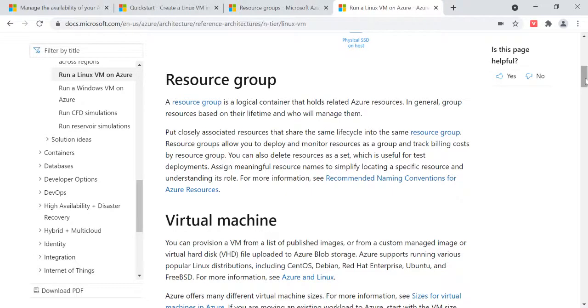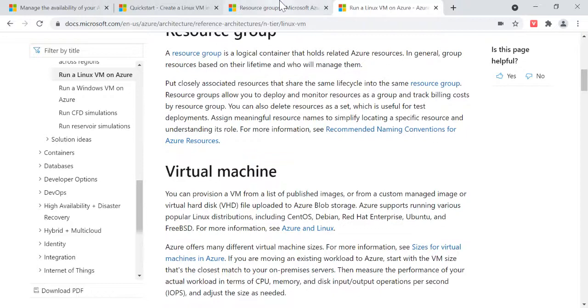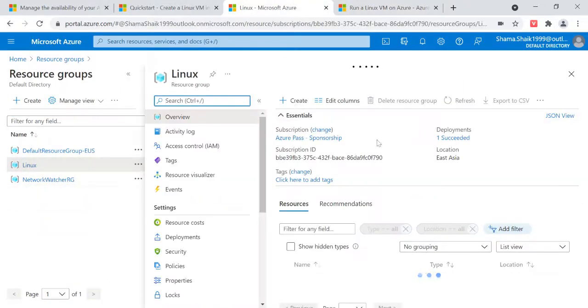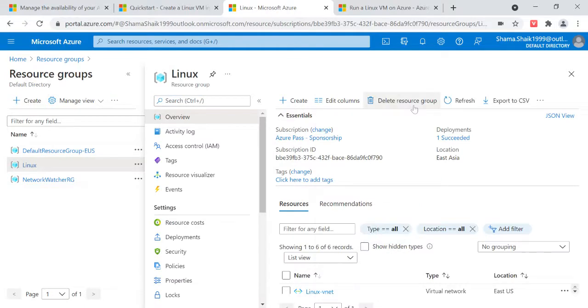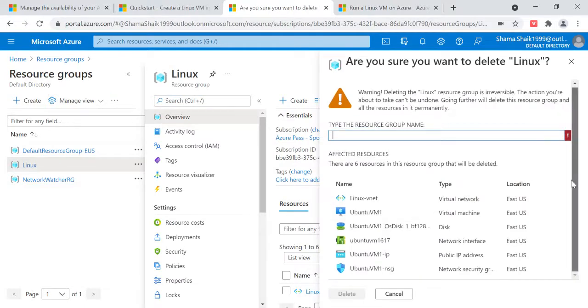And you can also have all the related items at a single point. This resource group already has some resources. For example, if you want to delete this resource group, you can delete it by using that button. All the resources under the resource group will be deleted at the same time. That is one of the advantages of using a resource group. So by deleting one thing, you can directly delete everything.